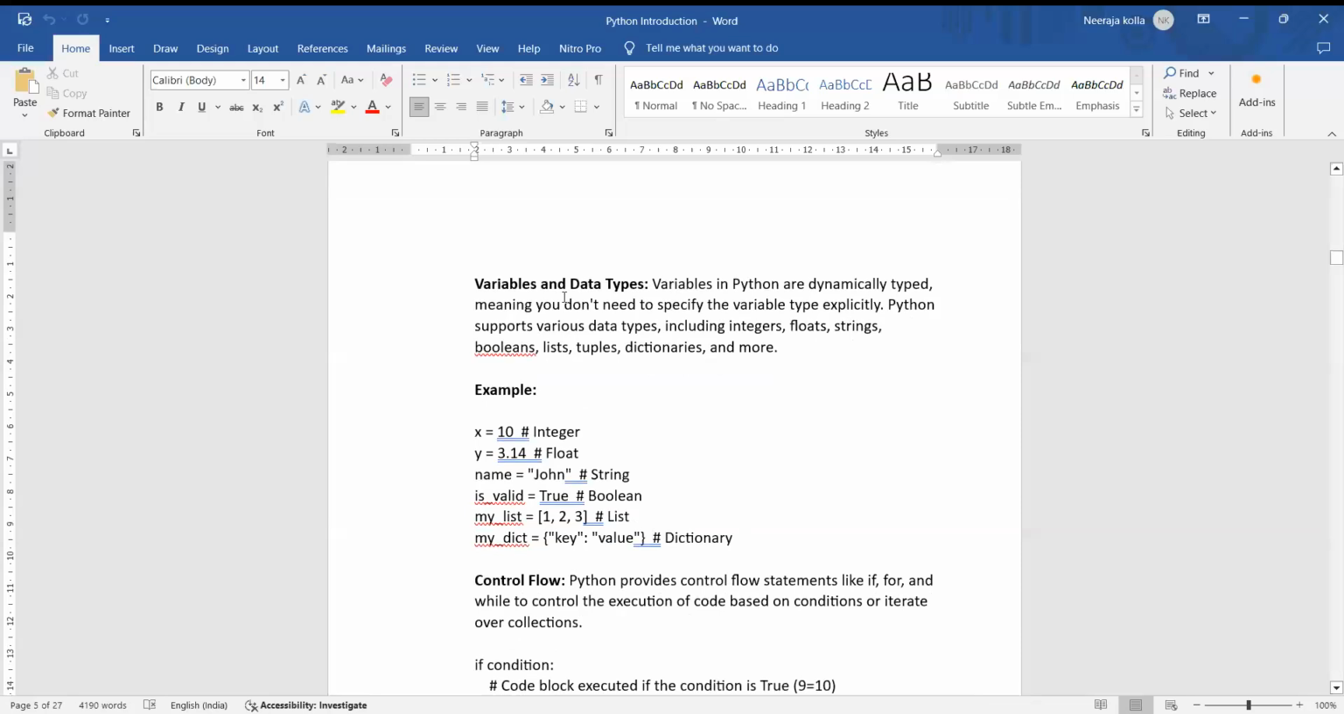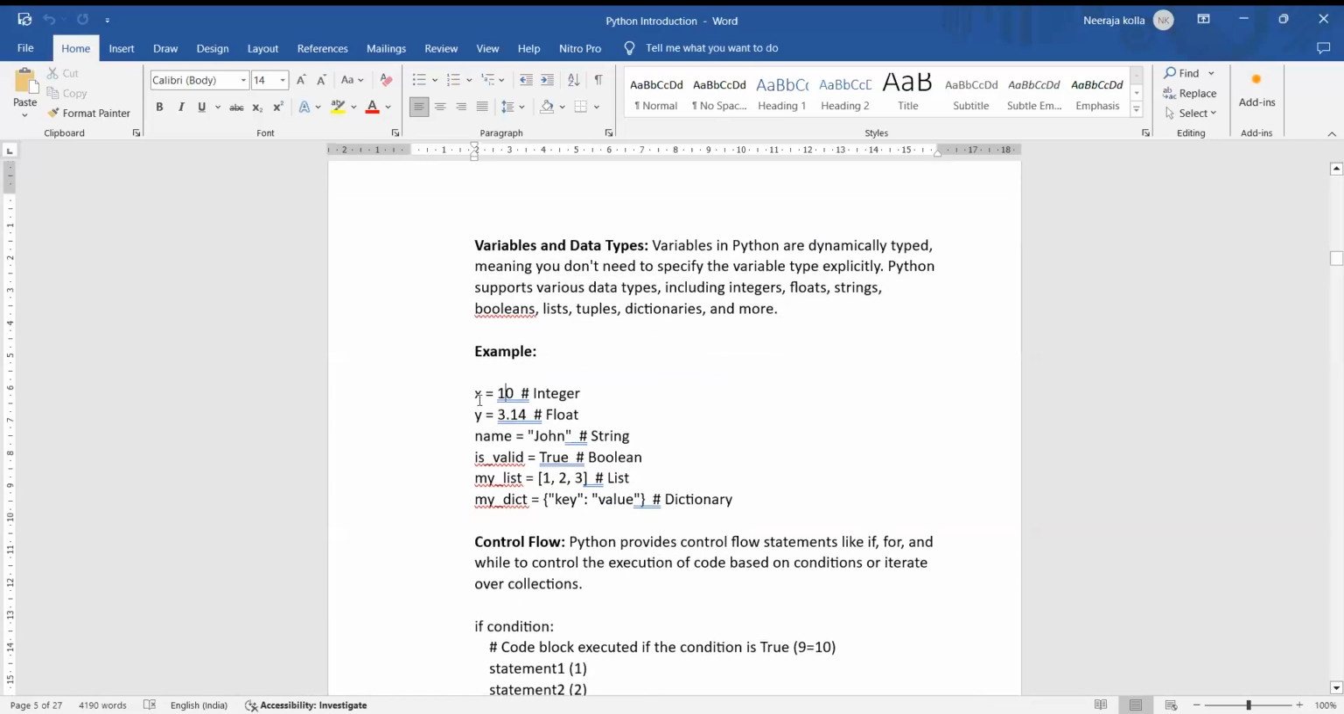So here, as I mentioned, variables and data types. Variables in Python are dynamically typed, where you don't have any specific variable type explicitly. When I provide x equals 10, I'm not defining whether it is an integer or a float explicitly. By default, Python takes the data type itself. So this is an integer, this is a float value, this is a string, true or false